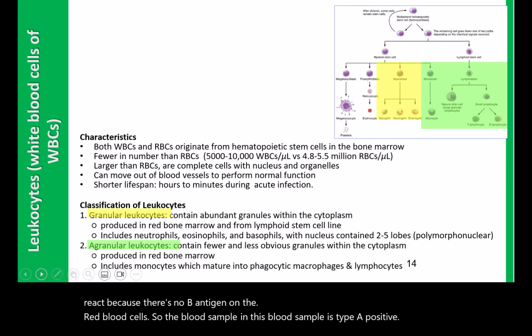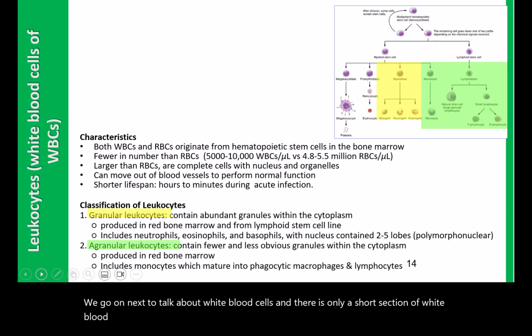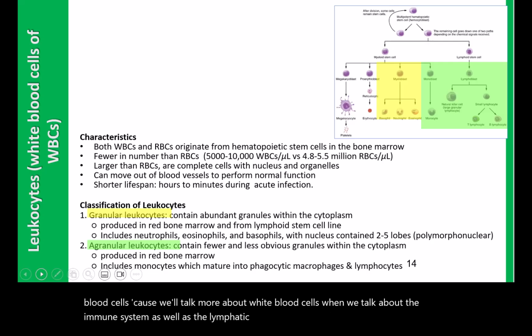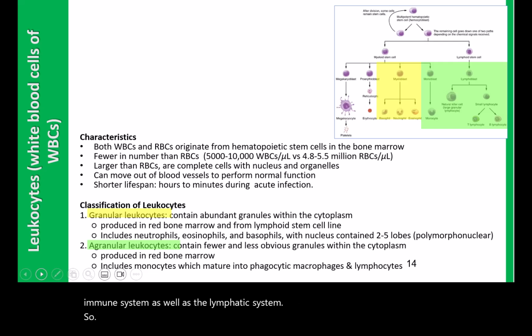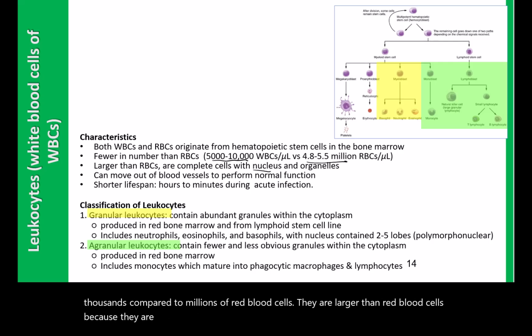We go on next to talk about white blood cells, and there is only a short section on white blood cells because we'll talk more about them when we talk about the immune system as well as the lymphatic system. So white blood cells, as I said, are much fewer in number compared to red blood cells, so thousands compared to millions of red blood cells. They are larger than red blood cells because they are complete cells. They contain nuclei and organelles, and they can move out of blood vessels in order to actually perform their immune